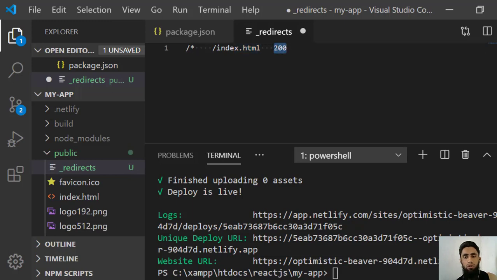In this way you could access your routes easily. Save this, create a build again and deploy that build again, and you will end up with the solution for the redirection. I mean, the routes would be accessible afterwards. If you are facing such issues, you should do this. Definitely it will work for you.